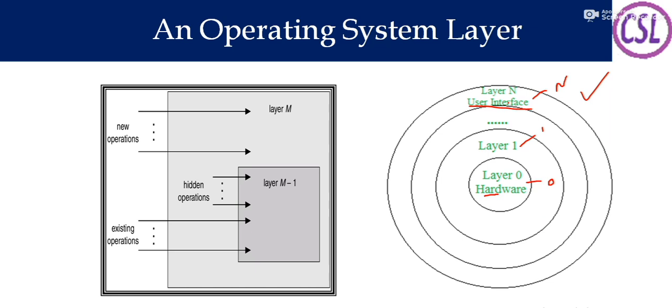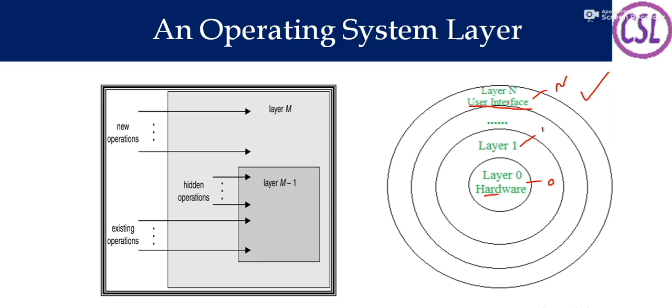Okay, the nth layer, the 0th layer interacts with the above layer 1 only. If layer 2 wants to interact with layer 0, the commands are communicated through layer 1. If it communicates with layer 3 or layer 4, it communicates through layer 2 only. That means at any level the layer can communicate with the lower layer and the above layer. So it provides the security. So that is the advantage in case of these kinds of operating system structures.